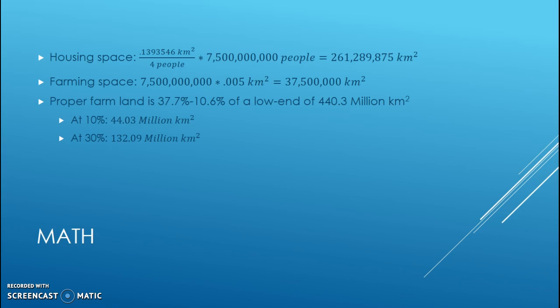And at 10%, again, we're still left with 6,530,000 square kilometers left over at that point. And at 30% of a low end of total land area, we're dealing with 132 million square kilometers, which is approximately 3 times 10%. So anything else that I'm going to say, if you want to know the numbers at 30%, it's going to be dilated by some factor of 3.